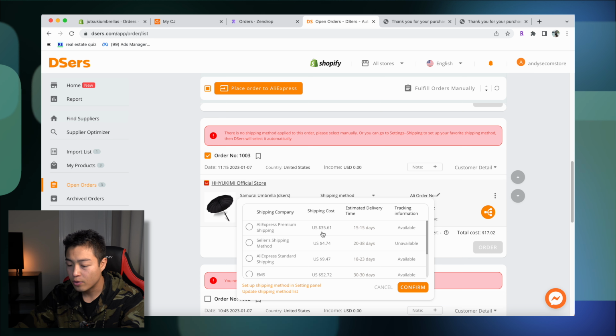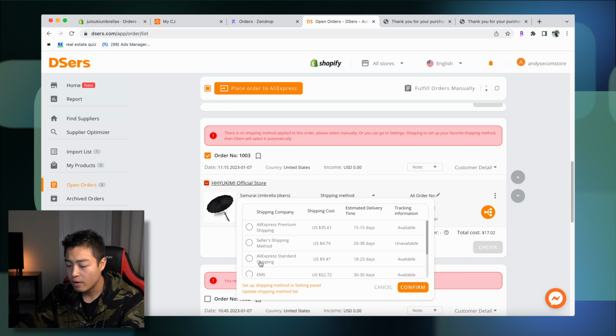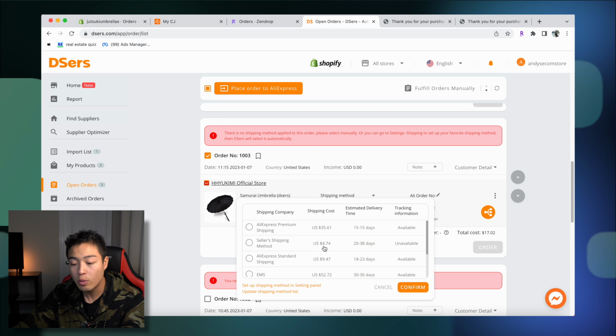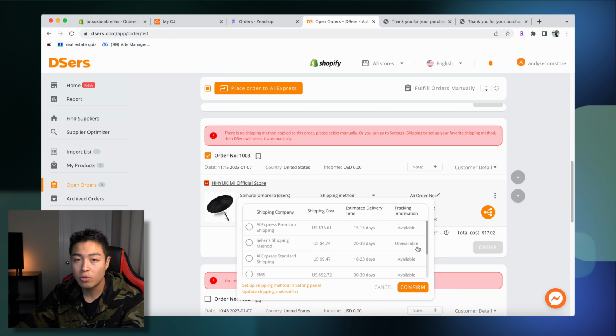So I would say for $35, that isn't really worth it. If anything, the AliExpress standard has the available shipping. You wouldn't want to go for this one, even though it's cheaper, because it's unavailable shipping tracking. When there's unavailable tracking, what happens is, let's say a customer goes in and files a dispute. They file a dispute, and if you can't provide tracking information, then basically there's no evidence that you even shipped